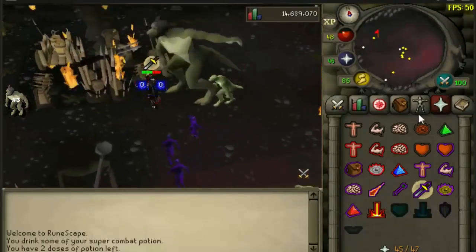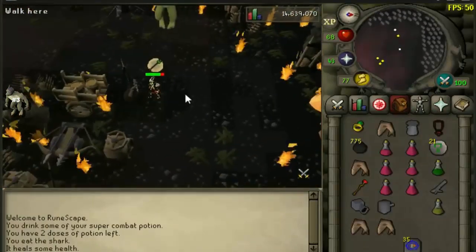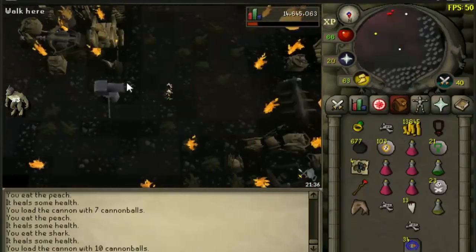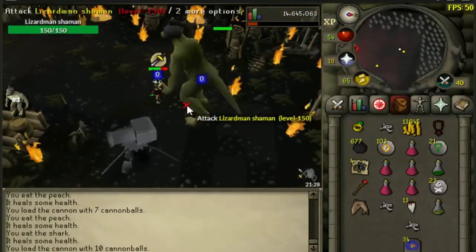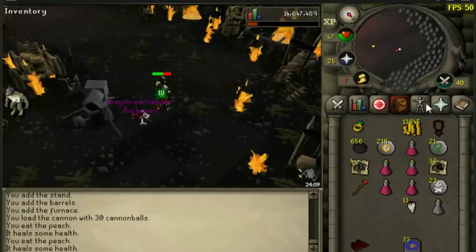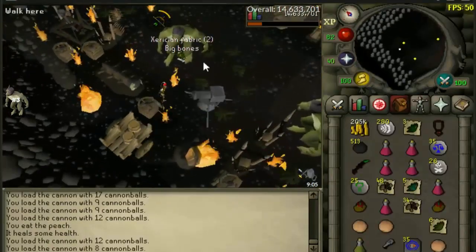For number 3, we have the Lizardman Shamans. Now the Lizardman Shamans are unlocked after getting 100% favor in Shayzien. Once you get that, then you're allowed to kill the Lizardman Shamans. Lizardman Shamans are amazing to be able to make yourself a consistent amount of profit. You should easily be able to make 1.5 mil per hour, and sometimes a little bit more,